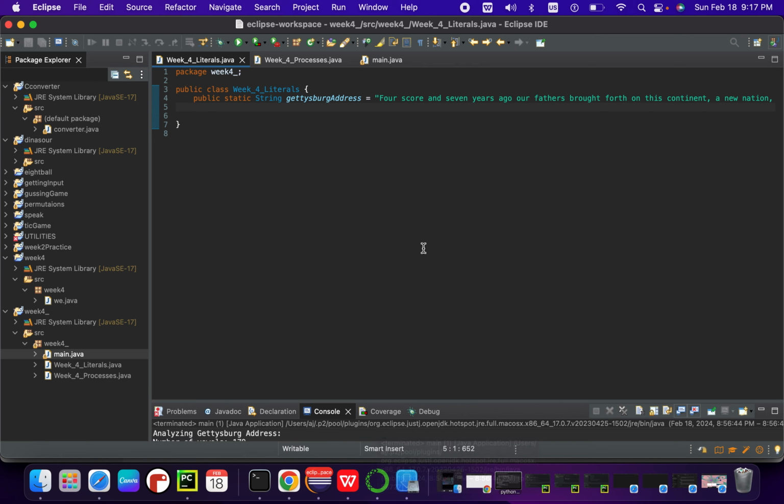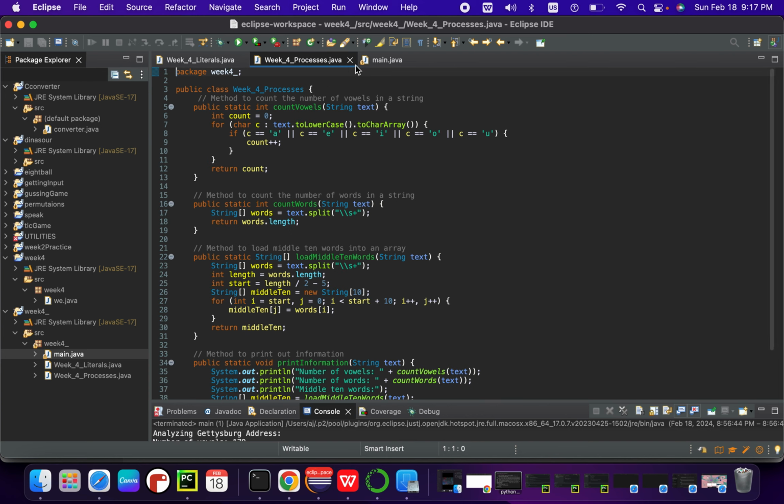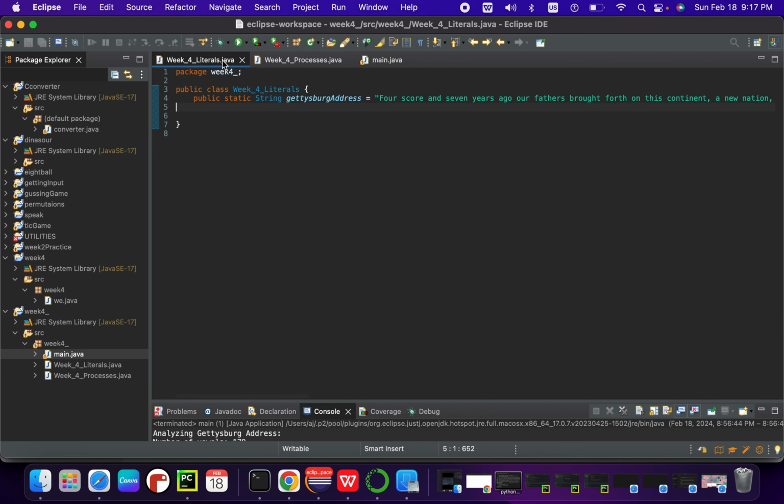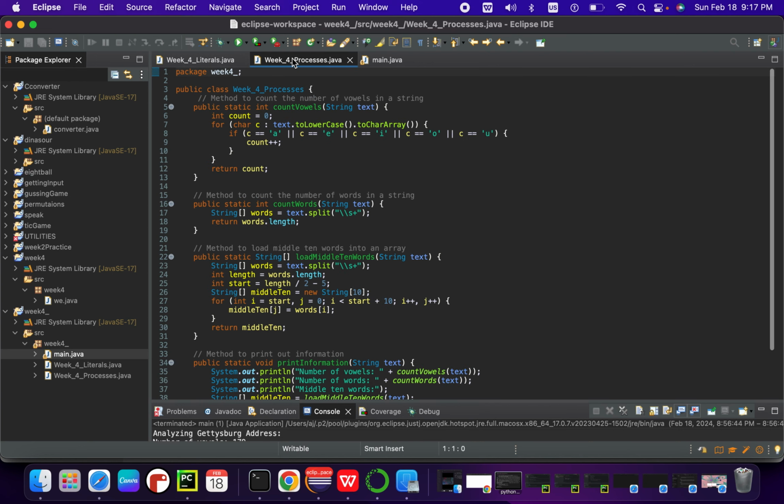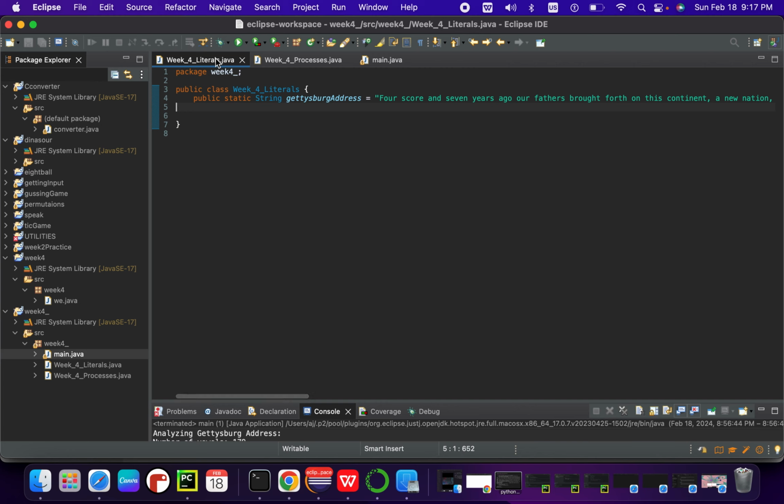So this is my assignment, and these three classes can count the number of vowels in this speech. They can count the number of words, and also print the 10 middle words of this speech. Okay, so let's